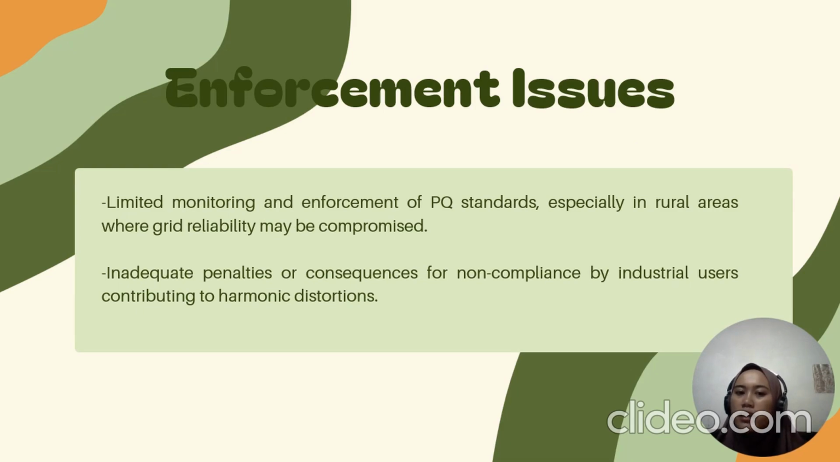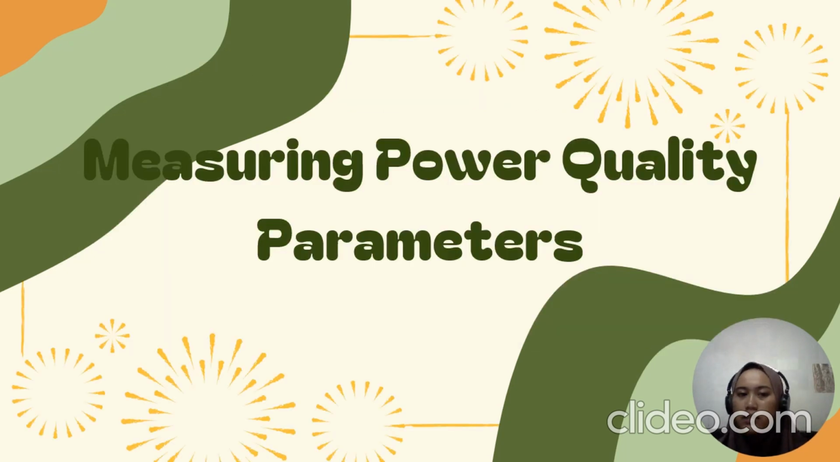So next, enforcement issues. Limited monitoring and enforcement of PQ standards, especially in rural areas where grid reliability may be compromised. Inadequate penalties or consequences for non-compliance by industrial users contributing to harmonic distortion. So, for measuring power quality parameters,